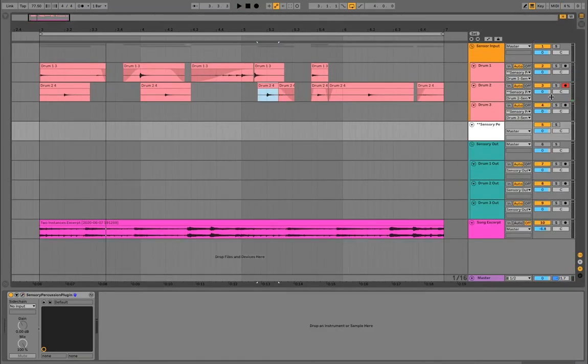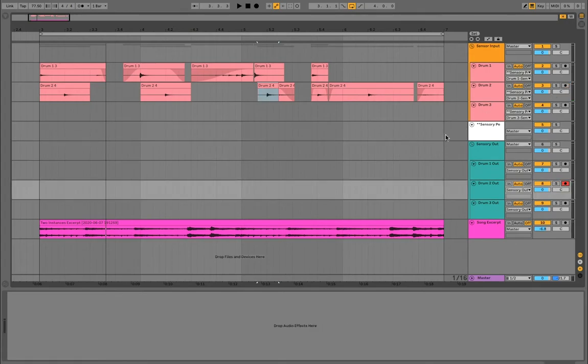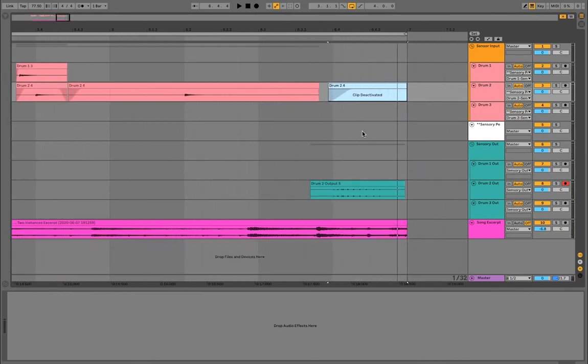So in some cases it actually is going to be more effective to record your post sensory percussion audio. So for instance, this little buzz over here is not quite the effect that I wanted, so I'm going to just go ahead and record it. So I just recorded that and I deactivated the sensor audio because